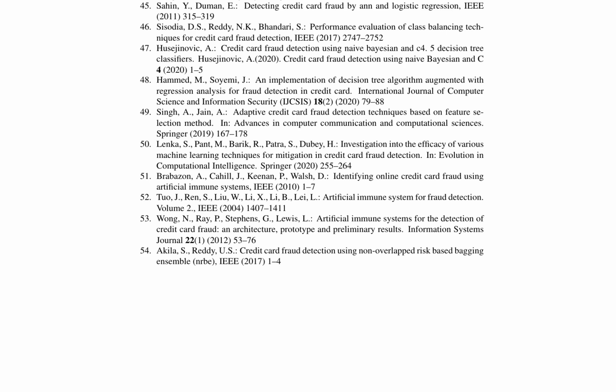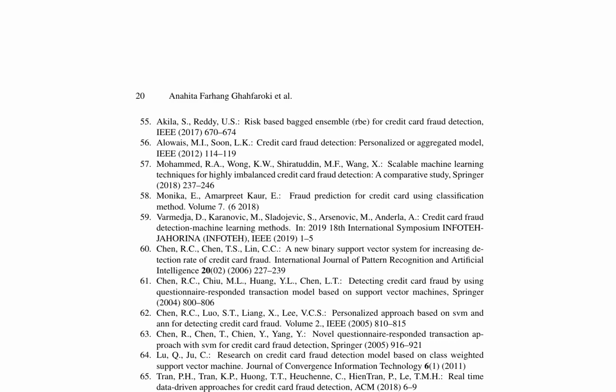of fraud detection models. Several studies have also focused on the application of machine learning algorithms, such as support vector machines, random forests, and artificial immune systems, to credit card fraud detection. These algorithms have been shown to be effective in identifying fraudulent transactions, with some studies achieving high detection rates. In addition, researchers have explored the use of ensemble methods, such as bagging and boosting, to combine the predictions of multiple models and improve the accuracy of fraud detection.